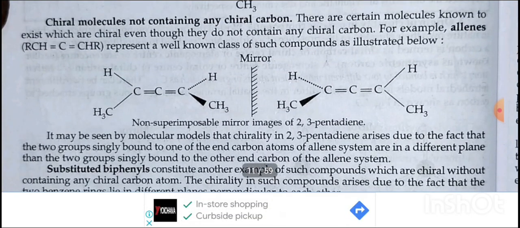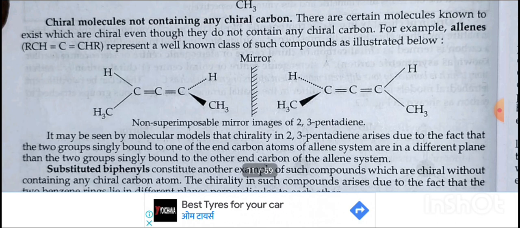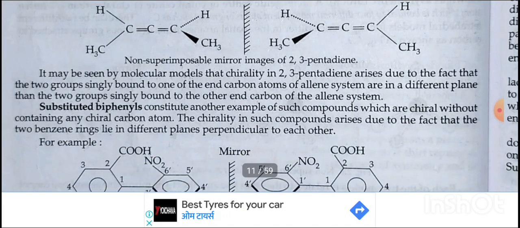Chiral molecules not containing any chiral carbon. There are certain molecules known to exist which are chiral even though they do not contain any chiral carbon. For example, allenes represent a well-known class of such compounds, illustrated below. It may be seen by molecular model that the chirality in 2,3-pentadiene arises due to the fact that the two groups singly bound to one of the end carbon atoms of the allene system are in a different plane than the two groups singly bonded to the